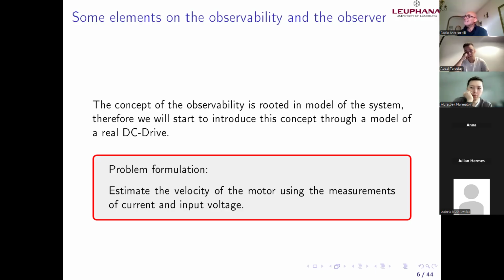The observation is not an estimation, in the sense that estimation is an optimal observation. I will come back to this when we speak about the Kalman filter. Kalman filter relies on estimation. We will see at the end of next week the Luenberger observer, which is an observer, is not an estimator, because in the basic form, the Luenberger observer, Luenberger is the name of the professor, we will see today also,